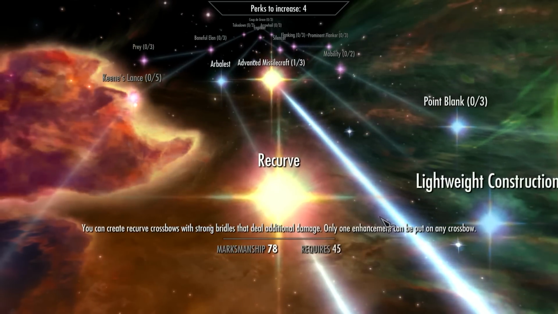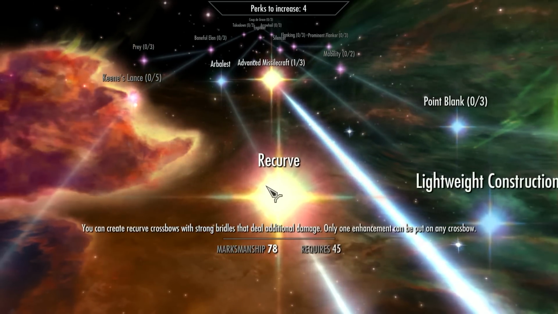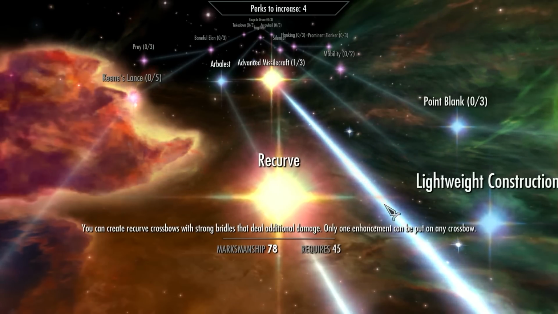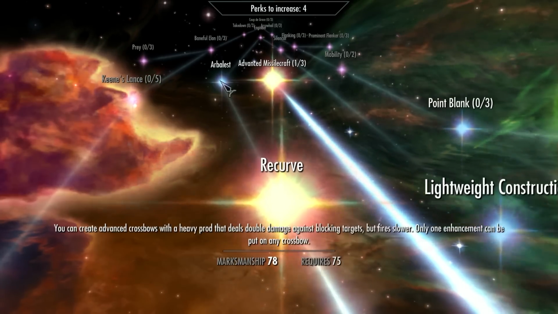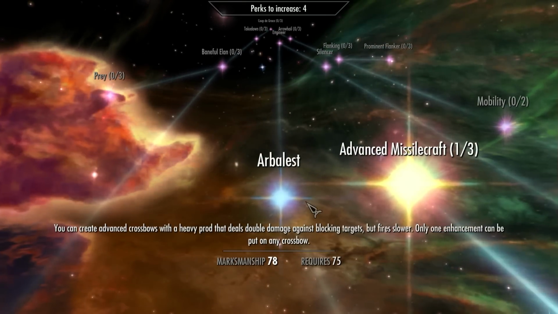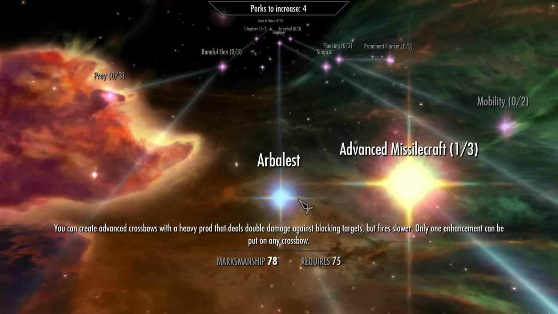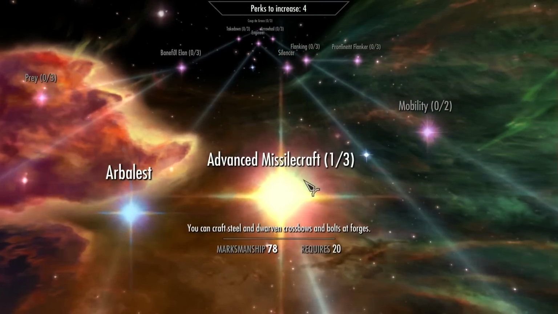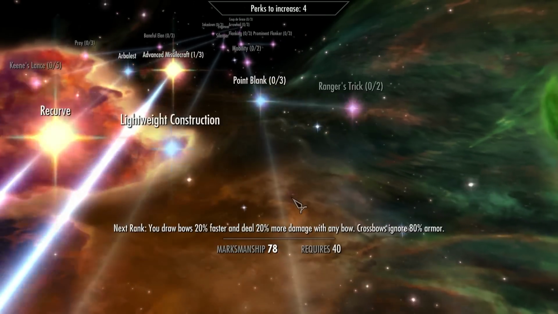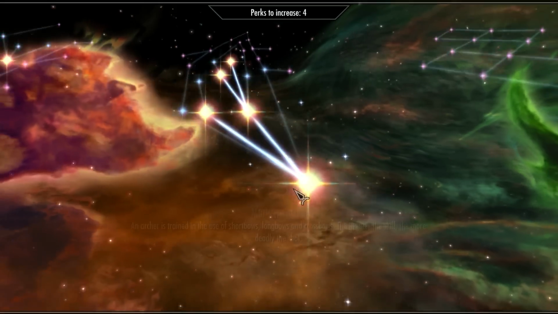Well, that's no good, because my current crossbow, which is the Dwarven one, which I put together before coming to Solstheim, is a recurve one, so it's already got an upgrade. Arbalest. You can create advanced crossbows with a heavy prod that deals double damage against blocking targets, but fires slower. Only one enhancement can be put on any crossbow. Okay. I'm beginning to think... That's short bows. Beginning to think maybe just getting more damage would be nice. But,